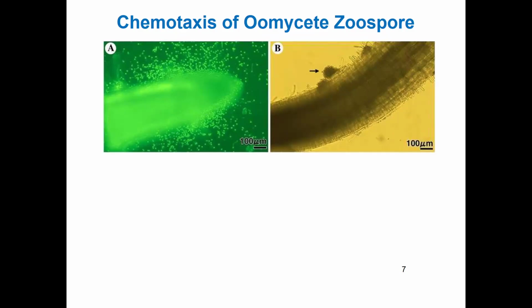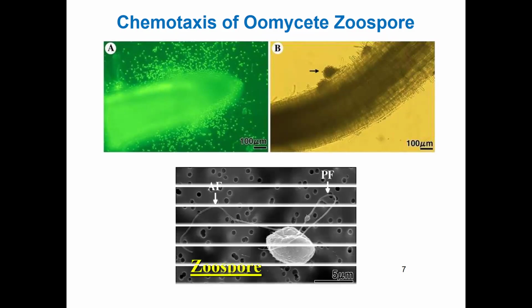So when I was given this phenomenon and asked to discover the real chemotactic signal, at that time it was incredibly challenging for me, because before me, over 50 years, people tried to discover this chemical signal, but even people published in Nature, all were not the bona fide chemotactic signal. Some people discovered ions and other things, but my professor was an ecological chemist. He believed that a single chemical signal might be perceived by the receptor of zoospore that triggered them to find the host. They never show chemotaxis toward the non-host.